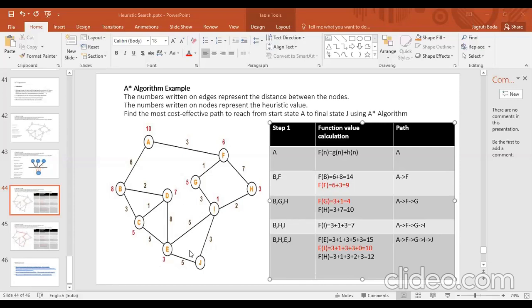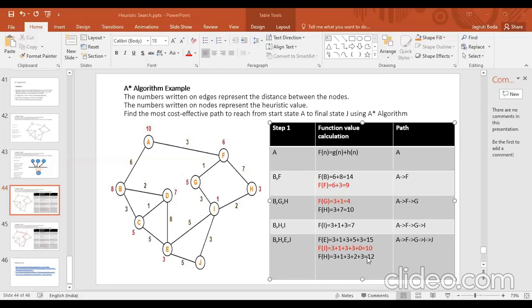And what is the value of J? So J has 3 plus 1 plus 3 plus 3. And J is our goal state. So heuristic value of goal state is always considered 0. So here I give a mark as plus 0. Okay. So what is the total value of f of J? It is equal to 10. Now I also explore the H because I is also one successor of H. So what is the value of H? That is 3 plus 1 plus 3 plus 2, plus the heuristic value of H, that is marked in the circle of H, that is 3. So total value of f of H is equal to 12.